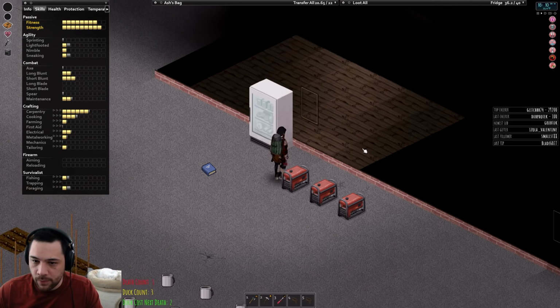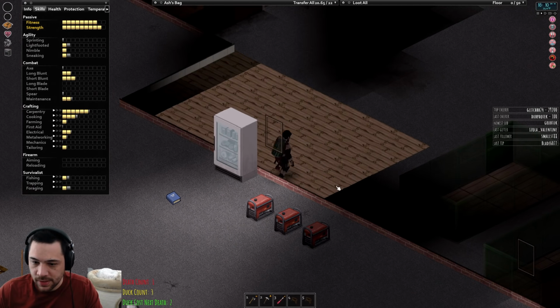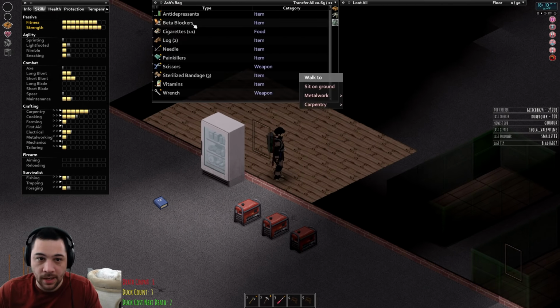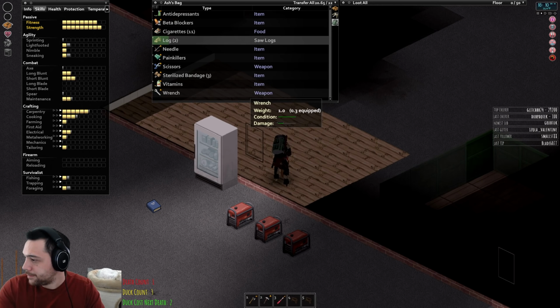So here we have, what is this exactly? What are the dimensions? I guess I need to saw. Okay. Let's saw all the logs, and...